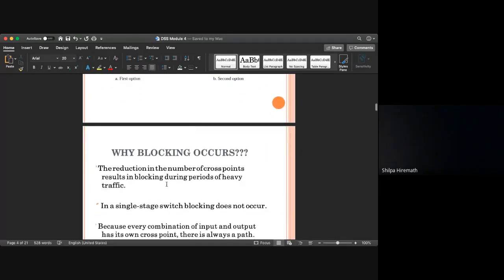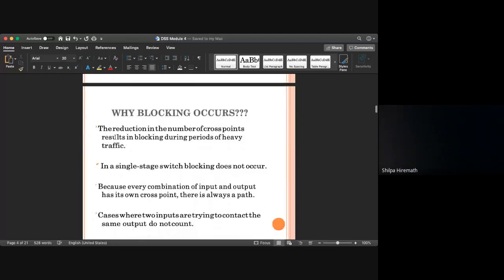Then why does blocking occur? The reduction in the number of cross points results in blocking during the periods of heavy traffic. Whenever you have the number of cross points, between the switches and inside a particular switch, reduced, this happens when the number of callers is more, meaning there is heavy traffic.